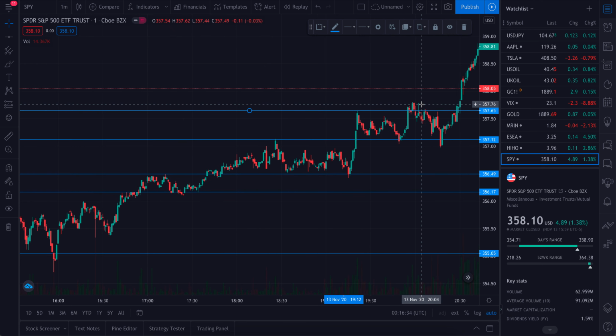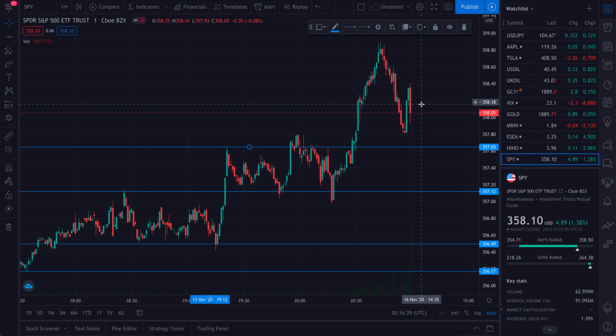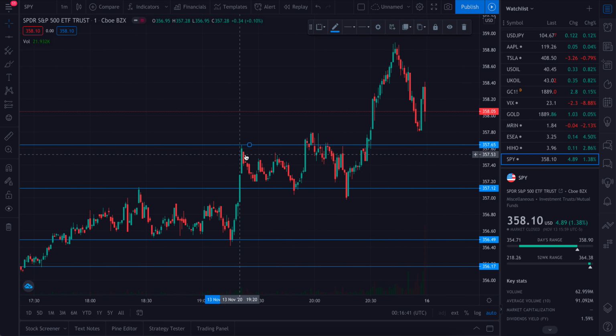Okay, so now we have another level of resistance. SPY was trading back around again, came back down, tested the initial resistance, bounced off of it with no confirmation, came back up and broke through this resistance. So this resistance was not very strong at all, but set a new level of resistance right here.